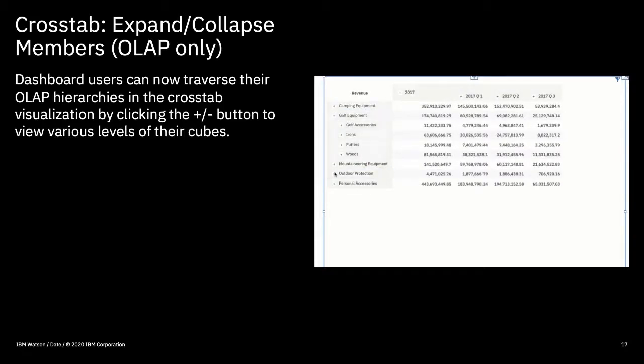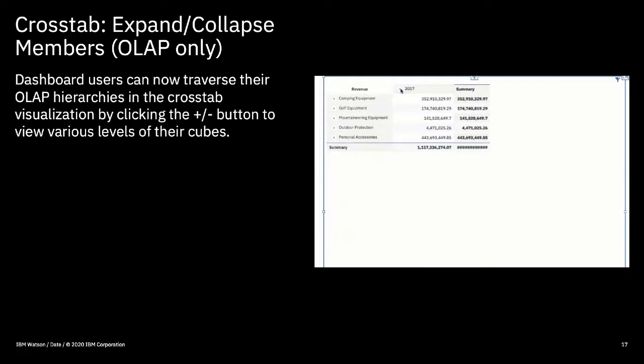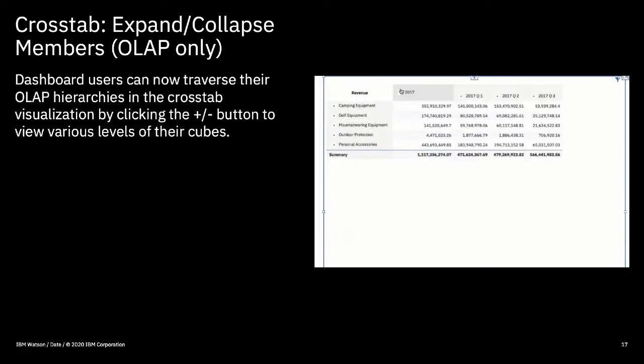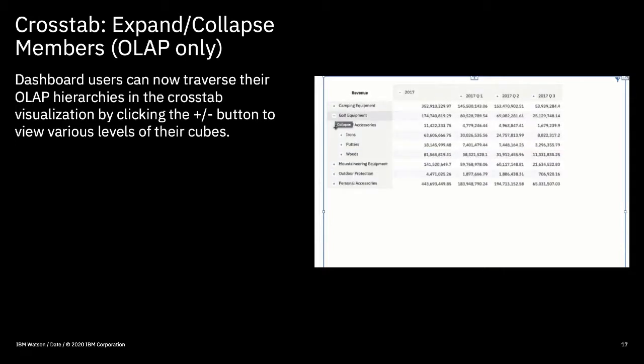And then finally, before we get into the demo, the ability to handle expanding and collapsing across tabs, similar to what I just showed you on the data table, but built right into a cross tab in the dashboards. This does work only with OLAP sources. At the moment, we do want to introduce this with navigation paths, but for the moment, again, only the OLAP